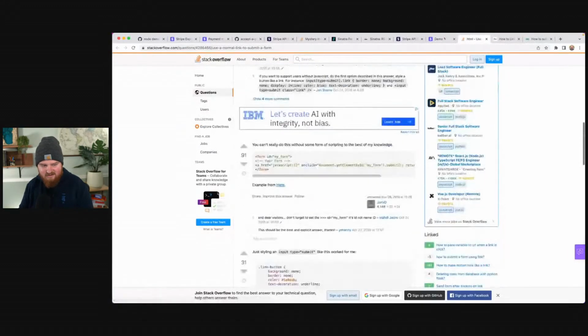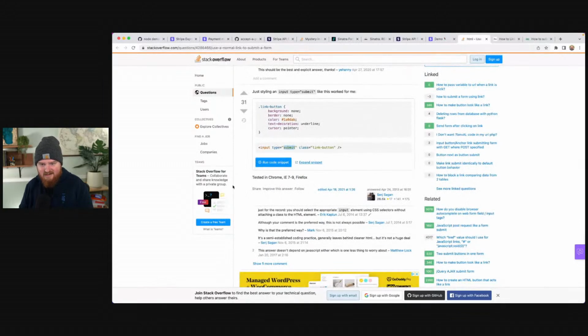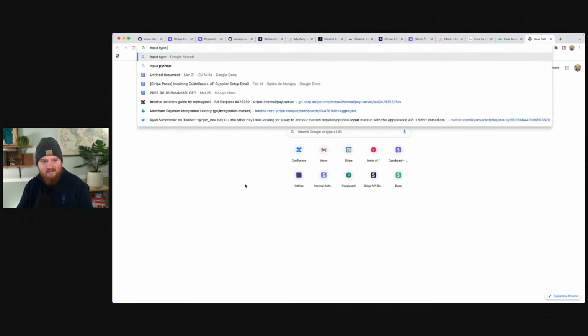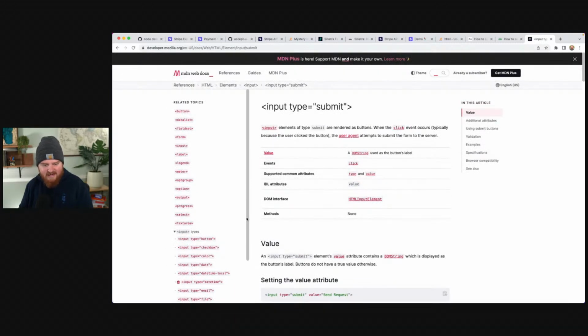Gosh. Who knows the answer? It's not type submit. It's the other type, like input type not submit. What is the, yeah, what, gosh. Okay. Mozilla, are you going to come to the rescue? Input type